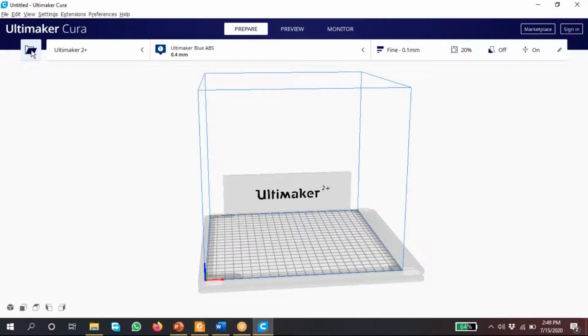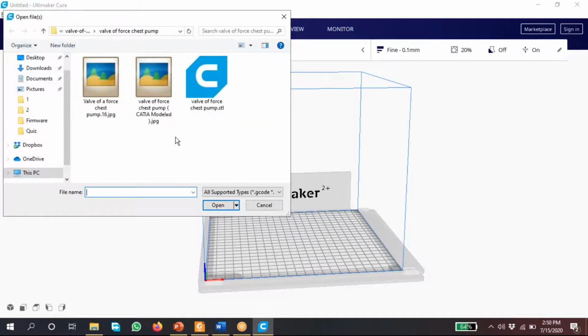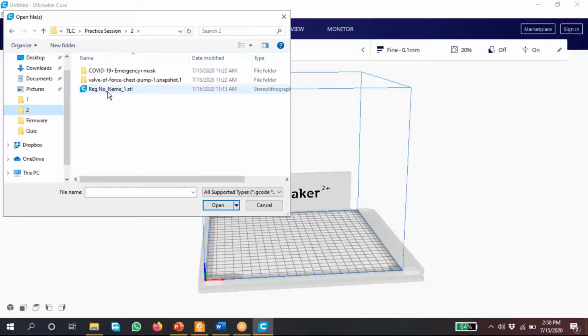Now we can see here, this can be used to open the part. It's selected here. We are making settings here before importing the part. I am using this Tinkercad file only, the registration number one, that is exercise 1 only. No need to do exercise 2. You can go with exercise 1. That image to 2D to 3D, no need to do import. You can go with exercise 1.